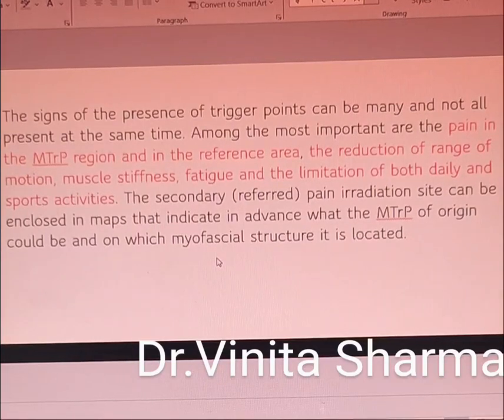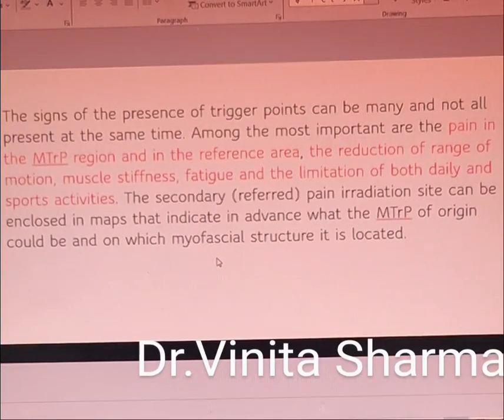Among the most important are pain in the myofascial trigger point region and reference area, reduced range of motion, muscle stiffness, fatigue, limitation of both daily and sports activities, and the secondary pain irradiation site can be enclosed in a map that indicates in advance what the myofascial trigger point of origin could be and on which myofascial structure it is